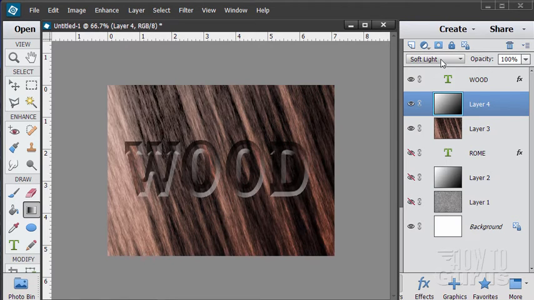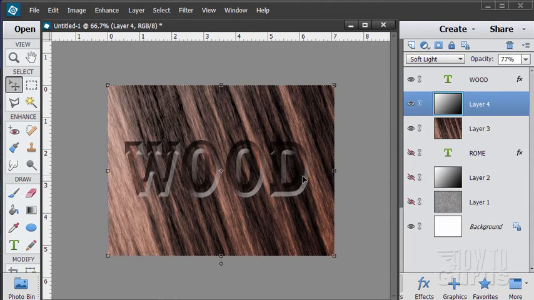And I think the soft light is pretty good. And again, we can bring down our opacity a bit as well on that. So what that does is it just gives us a bit of a value variation top to bottom on this. Now, to go even further than we did last time, there's one more thing that you can do to help